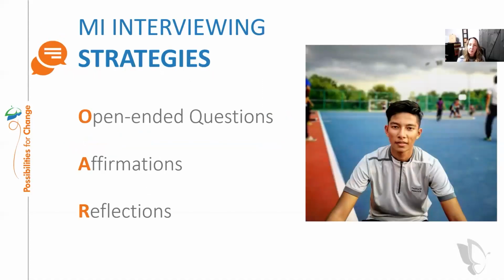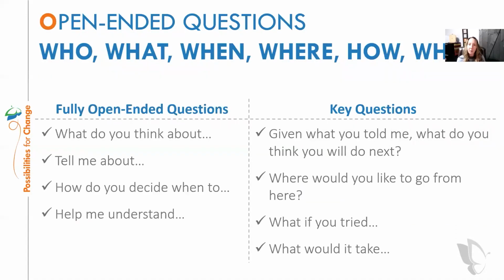So what I'm going to do is review a few of the basic strategies of motivational interviewing to set that framework for working with youth. These are very simple strategies, and the key is using them intentionally. So I'm going to start with open-ended questions. These are questions that are not easily answered with a yes or no. It shouldn't be anything new to you. They are really the backbone of information gathering when you're asking a question. So you want to use open-ended questions. They put youth in the role of expert and shift that work, like I was mentioning, from you onto them.